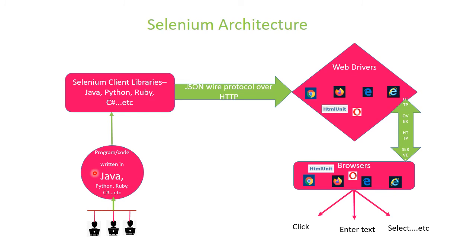So it's not Java exactly. What we need is a language to communicate. But here we are discussing Java. That's why we are saying that we need Java to learn Selenium and implement the automation using the Selenium set of tools, right? So now we understand why we need Java to learn Selenium.